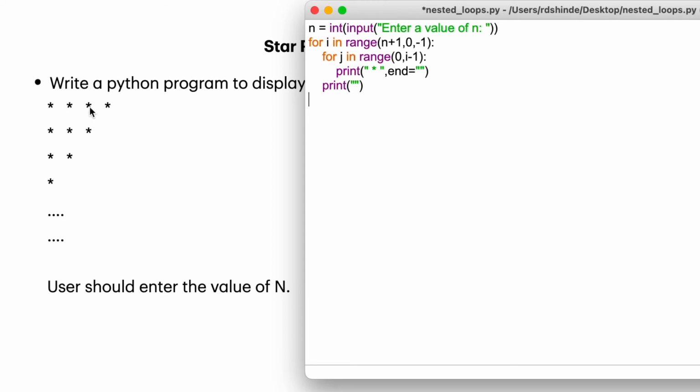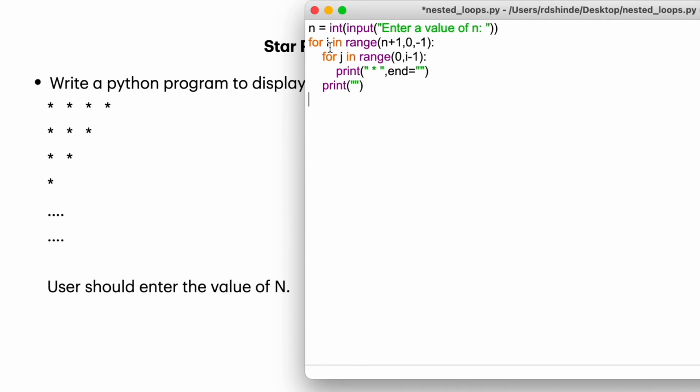The number of stars that we are going to print in our rows is given by this for loop, and the range is 0 to I minus 1. Let us see here. In our first row we have 4 stars, which means our n is 4. The value of n plus 1 is 5.